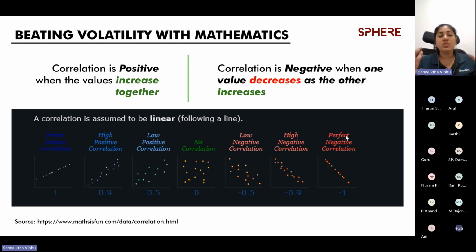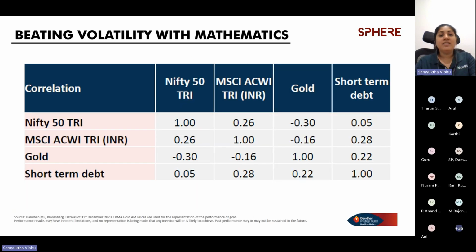And when you have exposure to the themes or ideas that are negatively correlated with the rest of your portfolio, you tend to make more returns in these phases, and you can have a much stronger outcome in terms of wealth creation. So we've taken this data from this really interesting website called Math is Fun. And those of you who enjoy mathematics should actually go and look at some of their resources, because it's quite nice, right? So again, to think about how we can beat volatility with math, this is some data